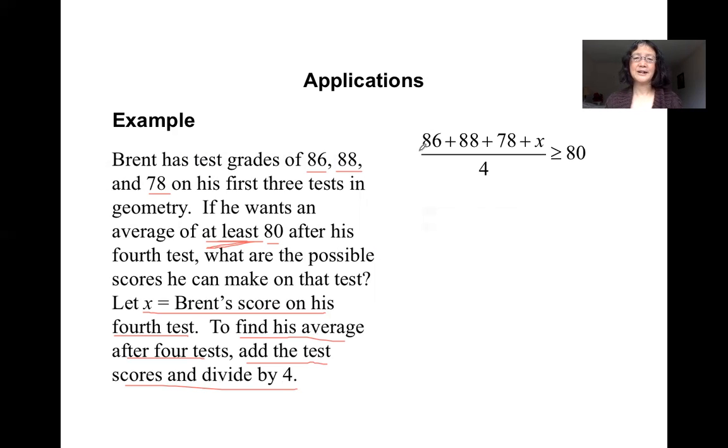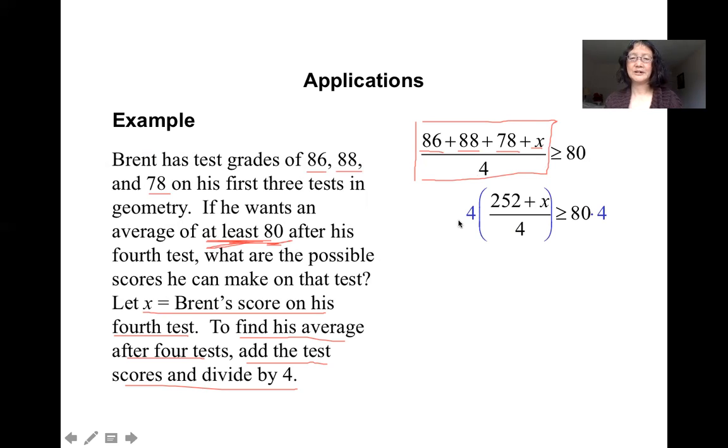So test 1, 86, test 2, 88, test 3, 78, test 4 is X. The average of these 4 tests is, add them together, divided by 4. And the average is at least 80, so greater than or equal to 80. That means at least 80. Okay, so now we solve this